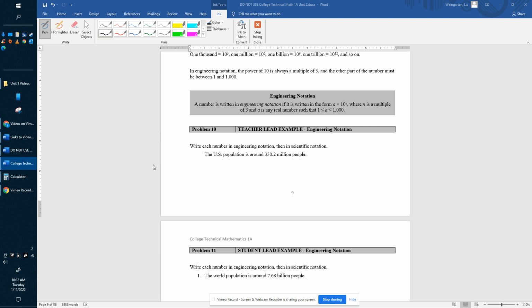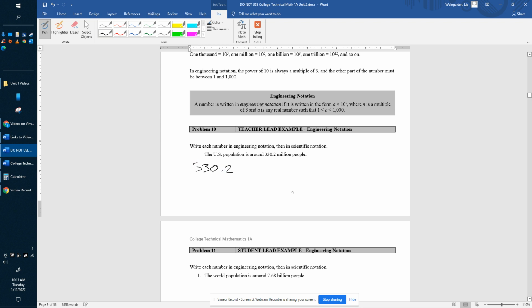First example, the US population is around 330.2 million people. How would we write this in engineering notation? Now, if we look at our definition of engineering notation, instead of our first number having to be between 1 and 10, it can now be between 1 and 1,000, but it has to be strictly less than 1,000. It can be 1 digit, 2 digits, or 3 digits long to the left of the decimal point. This is currently 3 digits long to the left of the decimal point, so we can leave